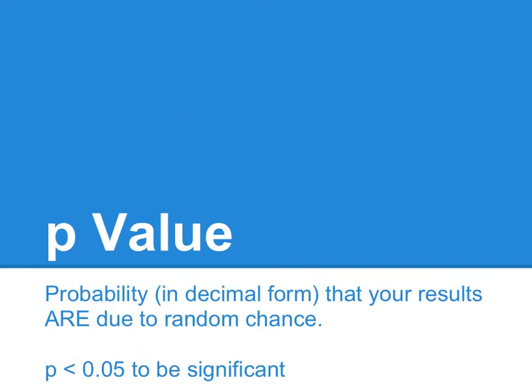There's another value that we'll be using to help make this decision, and that value is known as the p-value. The p-value is also recognized as the probability value. We just shorten it to the p-value. It's a probability in decimal form that your results are due to random chance alone. So it is our probability that the results are due to chance. As statisticians and as scientists, we're looking for a probability that our results are due to chance that is less than or equal to